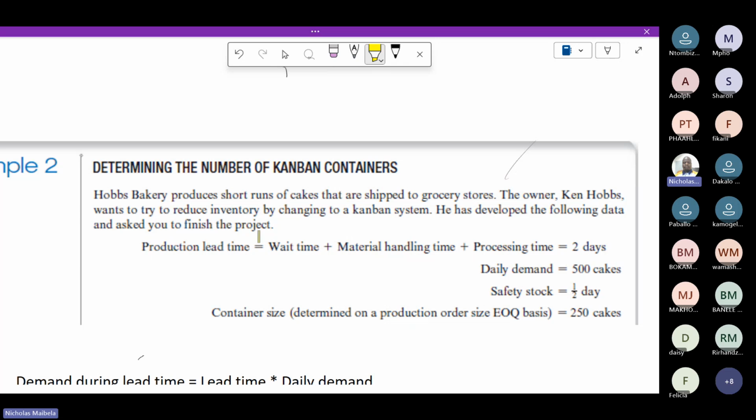We have the lead time, which is equivalent to wait time plus material handling time plus processing time. So all the time required for you to receive the product is a lead time of 2 days. We have the daily demand of 500 cakes. We have safety stock of half a day. And we have the container size, the economic order quantity of